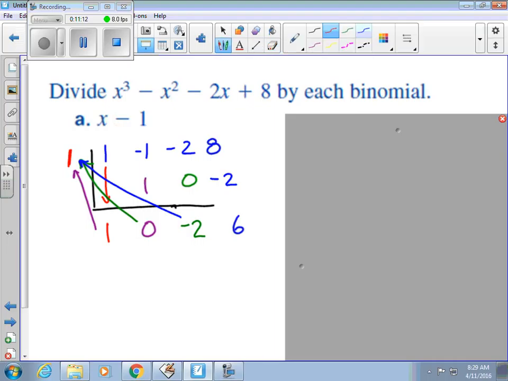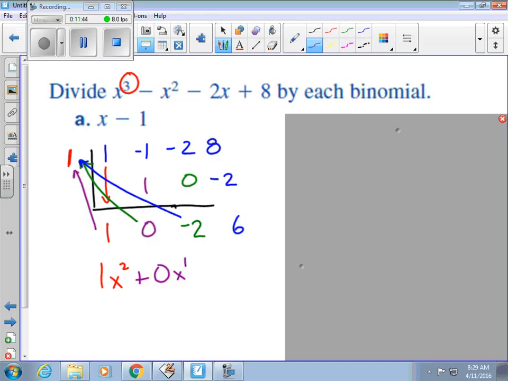X cubed is what it says. You want to start 1 degree less than that. So instead of x cubed, what's the first number going to be? X to the what power? Squared. So this one, 1x squared plus 0 x to the what power, if you go down with your degrees of exponents? We have x squared. What's the next one down? X to the what power? First power. Again, everything I just wrote right there in purple is unnecessary, but I'm writing it as a placeholder